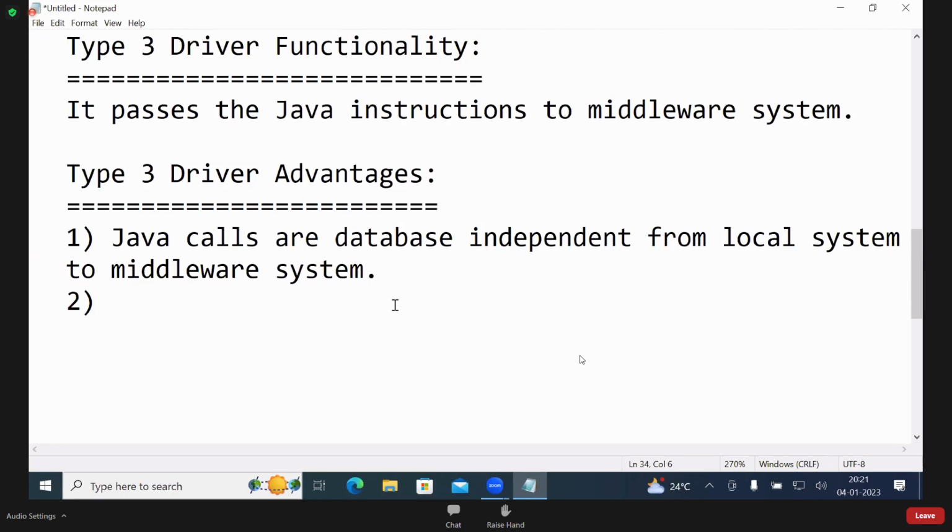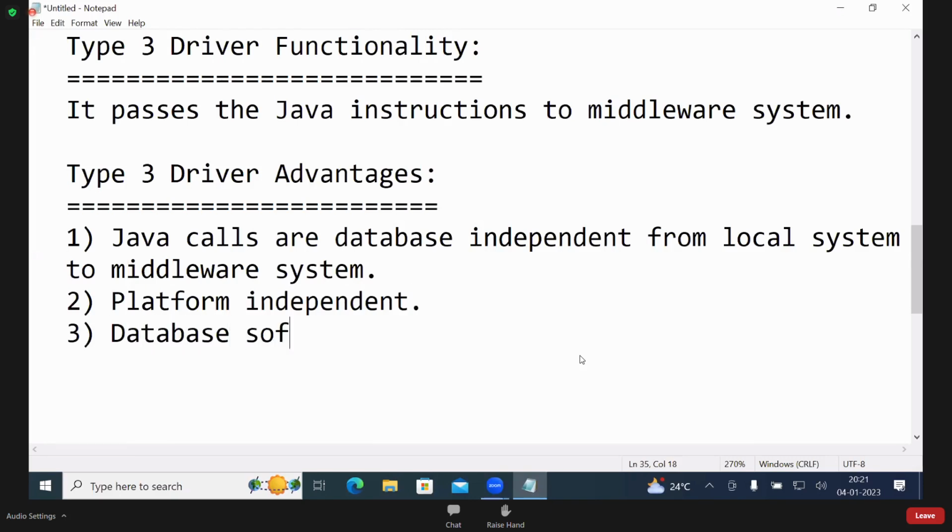Second one, platform independent. Database software is not needed on the same system, or not needed on the local system.